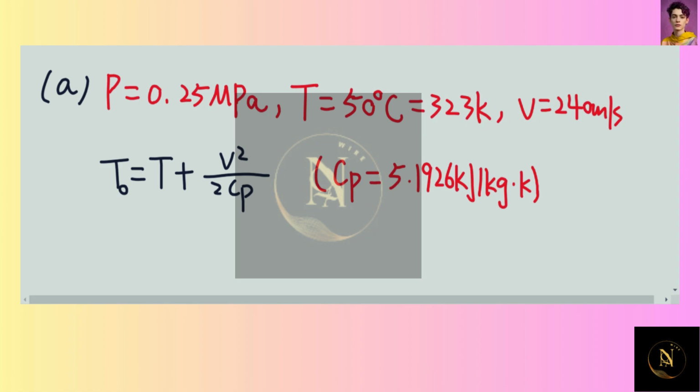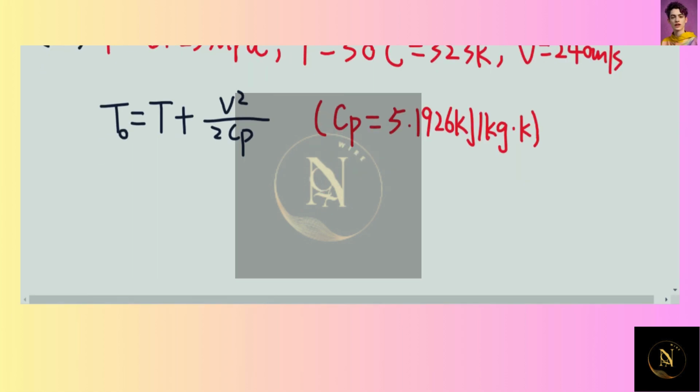If you take a look at the table of the ideal gas specific heat of various common gases, the specific heat for helium is 5.1926 kilojoule per kilogram times Kelvin. So therefore, we can plug back into the equation to determine the stagnation temperature, which is equal to 323 Kelvin